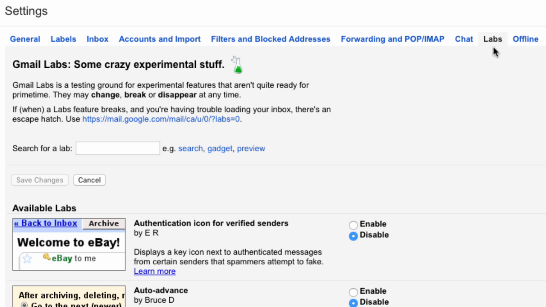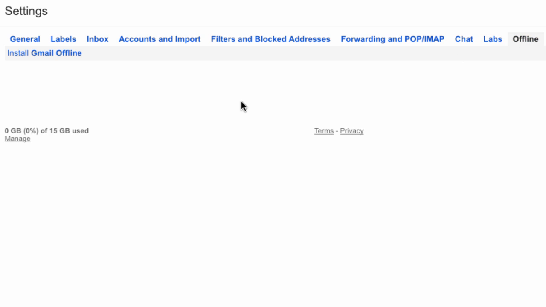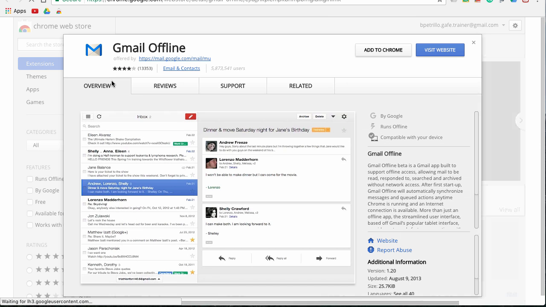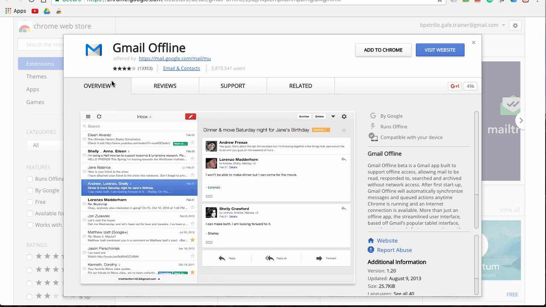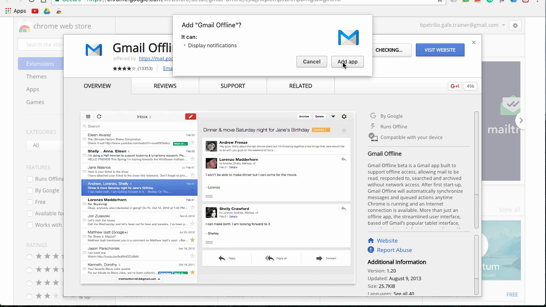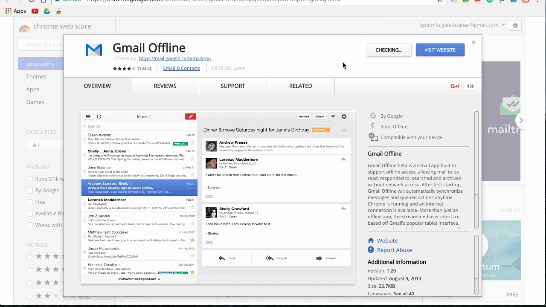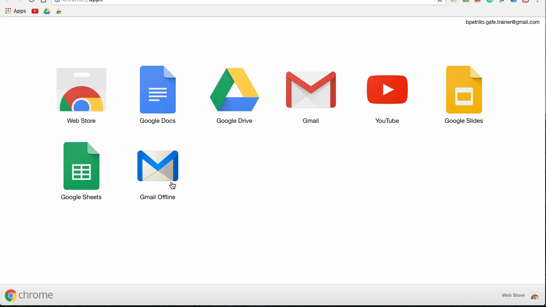And now right next to Labs is a little tab called Offline. If you click on Offline, you have to install Gmail Offline for it to work. You'll see that once I click on it, it opens up the Chrome Web Store and it says Gmail Offline. Add it to Chrome. And you can add the app. So you can see it there in my list of apps. Now, if I open this up,